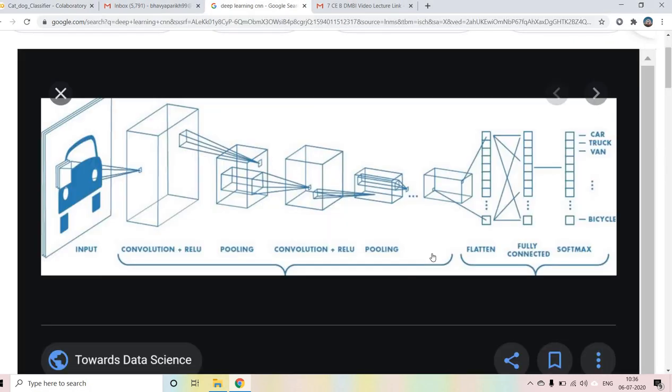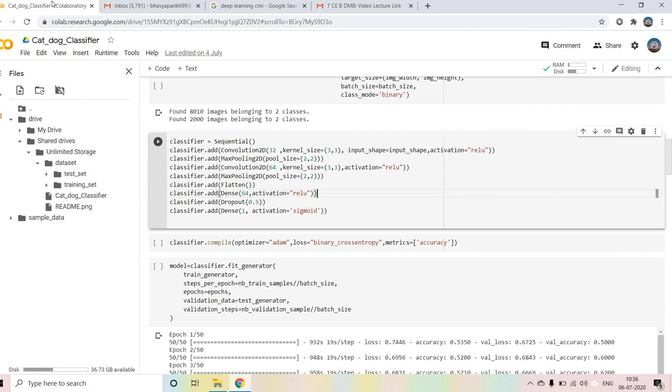Dense: let me show you how it works. Dense means fully connected, everything is connected with everything. Then I have used dropout. Dropout is generally used like this: if a neuron has a value of 0.5, then just drop its weight, because sometimes it doesn't give much output, so we drop it and it will not work for us.